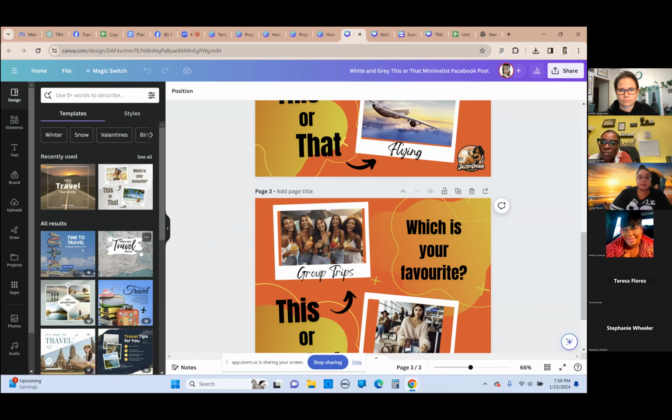And it's very simple. You just get a template, pick one that you like. See, this is the one that I